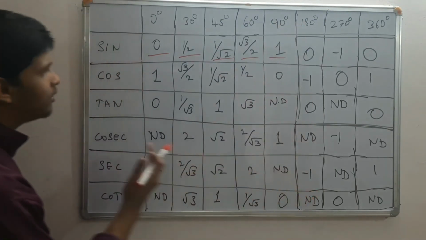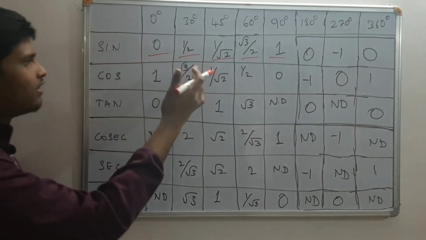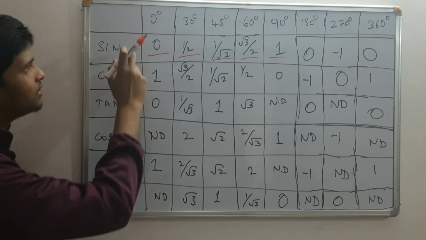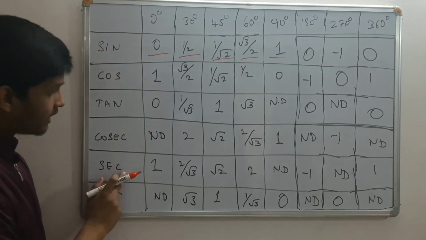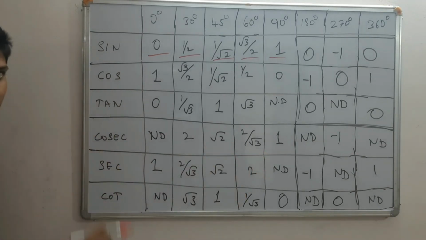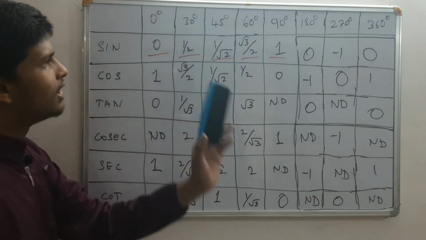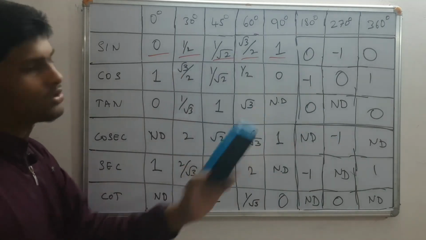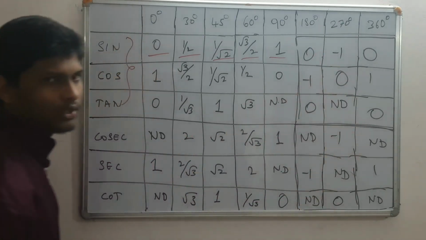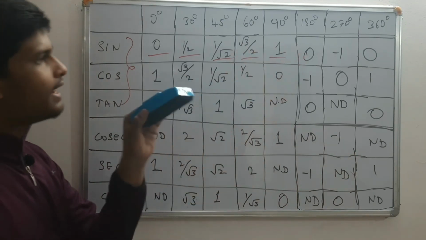Up to 90 degree, you just make one part and those 3 columns as one part, and then just reverse the order of sine values to get cos. For tan values, just divide sine values by cos values, and for cosecant values, take the reciprocal of sine values. For secant values, you can take the reciprocal of cos values, or just reverse the cosecant values. And next for cot, you can reverse the values of tan. Up to 90 degree, you will be done with these 5 values, and the others are independent of these 5 values, and we can write them like this: first we took these 3 as one group, then we took these 3 as another group, and for each 3 into 3 box, at corners and at the diagonal.